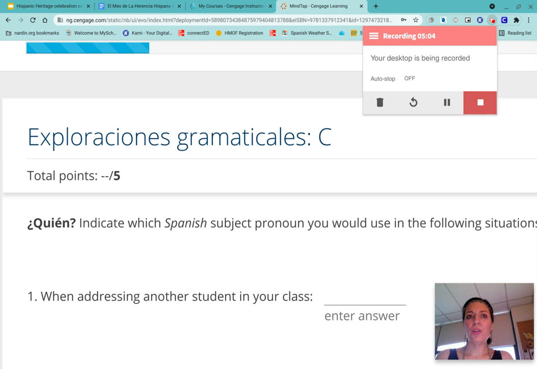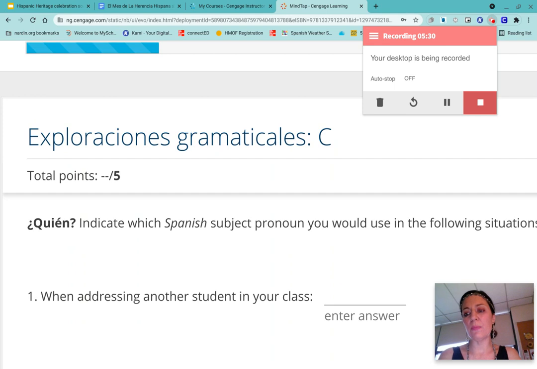For this section, you want to know your subject pronouns. Remember, yo, I; tú, you; él, he; ella, she; usted, you formal; nosotros, we; vosotros, y'all; ellos, they; ellas, they, all females; ustedes, you all, if you're not from Spain. So which pronoun would you use? You want to know your subject pronouns, so take a look at those before you start taking your test. When addressing another student in your class,